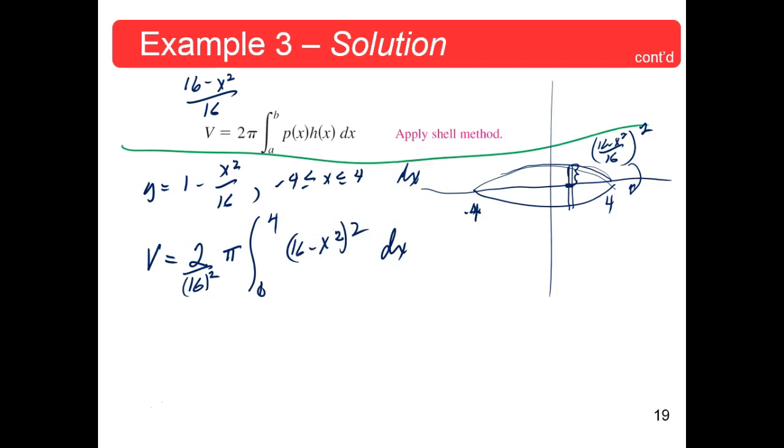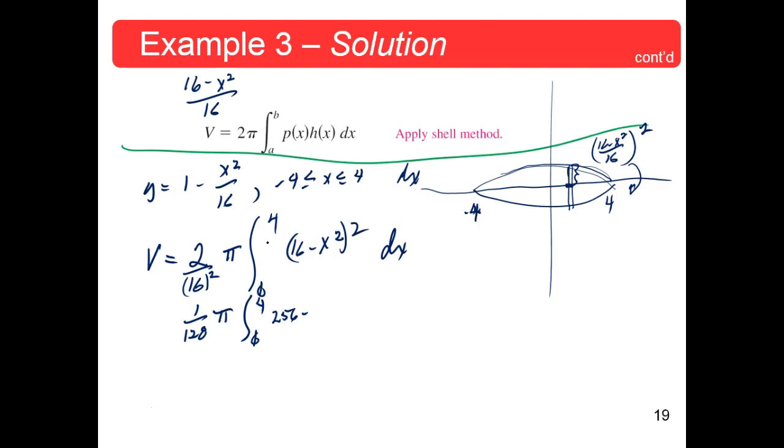So let's go on and figure out what is 16 squared. Anyone know? Isn't that 256? Okay. So half of 256 is 128, so it'll be 1 over 128 pi. Okay, 0 to 4. Let's go on and square that. And since we already did it once, 16 squared is 256 minus,